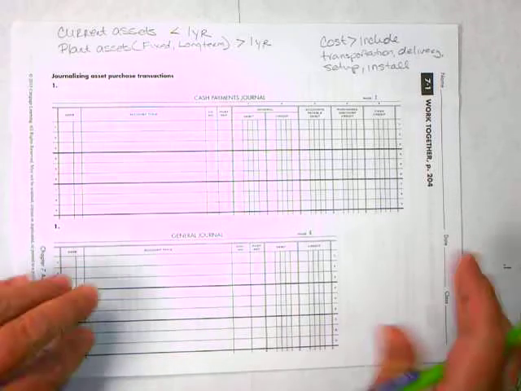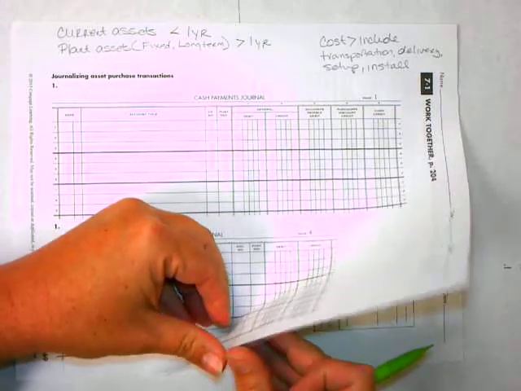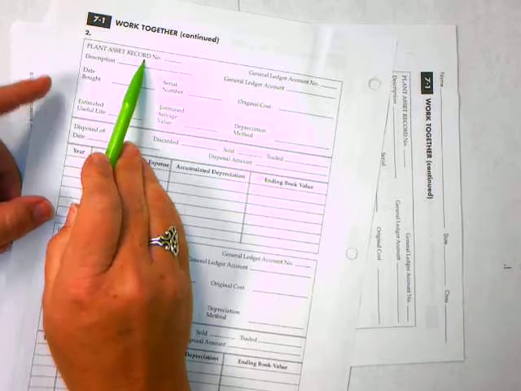Plant asset records, a general journal, and a cash payments journal are provided in the working papers. Then we have our source documents, we have our transactions. It gives us account numbers for land, building, office equipment, and warehouse equipment. And so what we have here is a cash payments journal, a general journal, we have plant asset records,